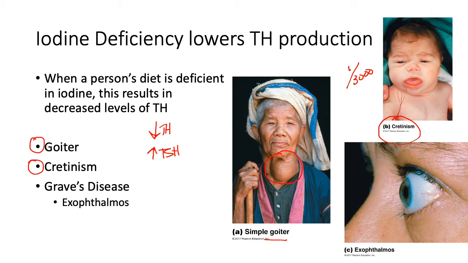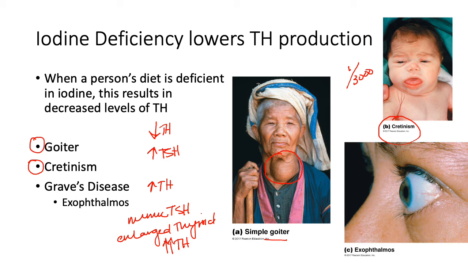And then there are also examples where we can have too much thyroid hormone being released into the body. And this is shown by Graves' disease specifically. So Graves' disease is actually an autoimmune disorder. And what happens is that there are antibodies produced in our immune system that actually mimic TSH, that thyroid stimulating hormone that's released to the pituitary. This also causes an enlarged thyroid because it's overstimulating our thyroid now, which really increases the amount of thyroid hormone